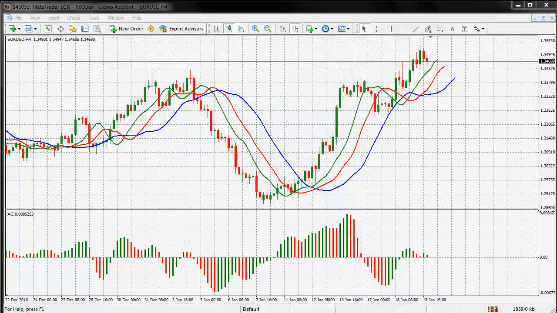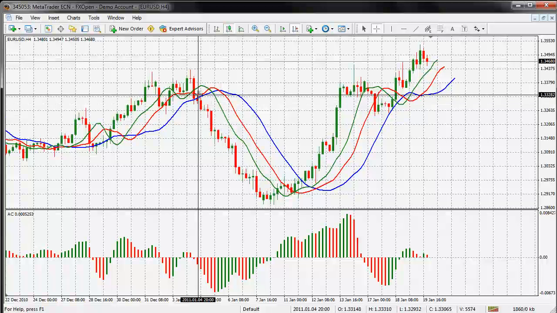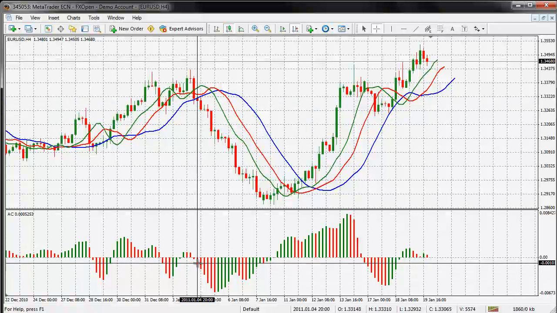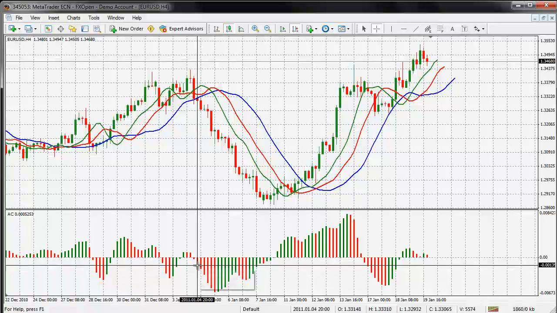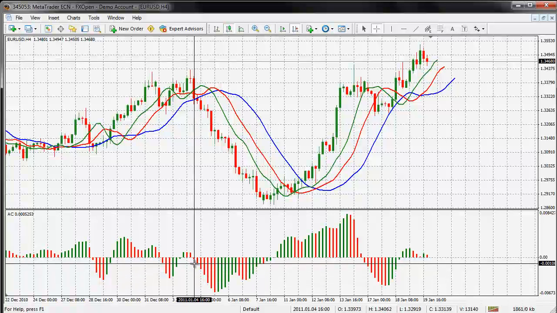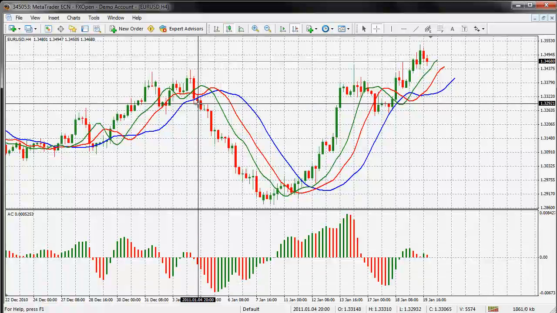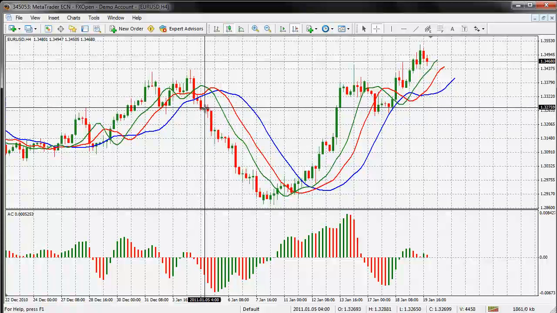If I take that off and get my crosshair tool out and place it over that candle, down the bottom you can see the accelerator oscillator, and you can see the second bar from its start, that little tiny one right there, and then the second one goes over on that candle. So when that candle finishes, you then go short. But you also have to remember